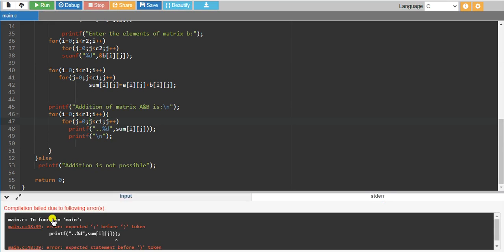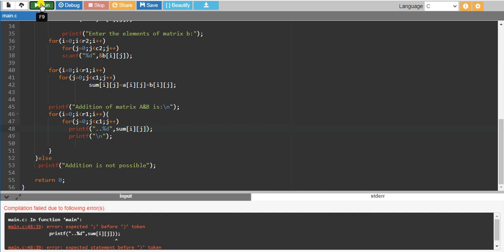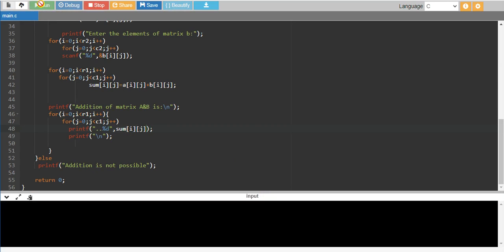Still there is an error, expected semicolon. So go to line number 48. I think something is missing, one extra bracket is there, so we have to remove that bracket. Run it once again and check it.